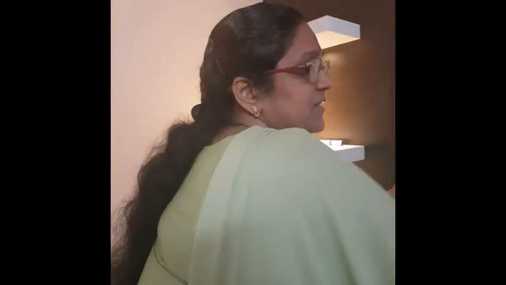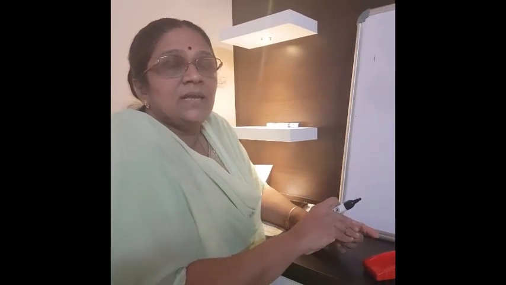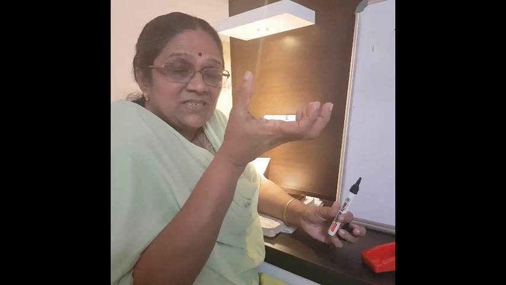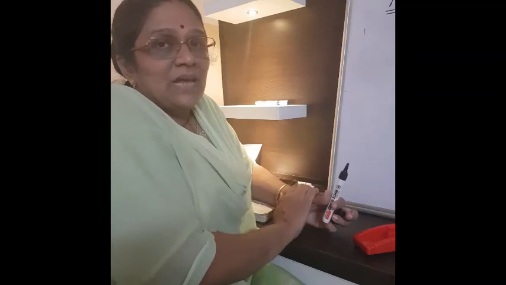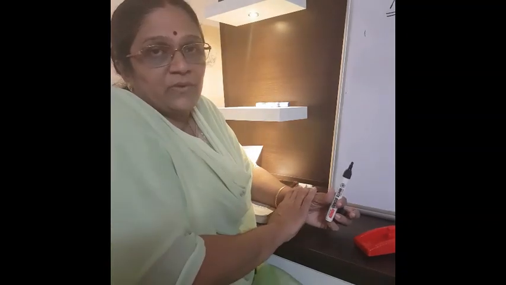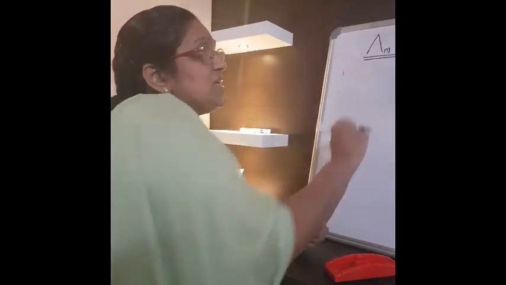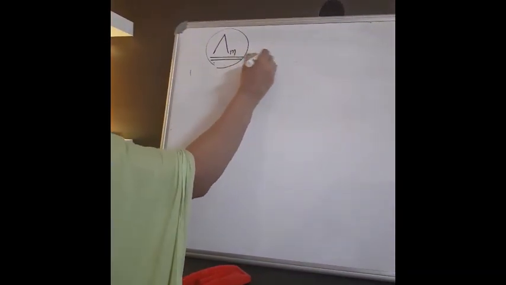What do you mean by molar conductivity? I represent it as lambda m. Now what is molar conductivity? That also we have discussed earlier. The molar conductivity is the conductance of the ions in that volume which contains 1 mole of an electrolyte. You take that much volume, but that volume contains 1 mole of an electrolyte. And the conductance of the ions present in that volume which contains 1 mole of an electrolyte is called the molar conductivity. Correct? Now we will see the variation of this molar conductivity on dilution.